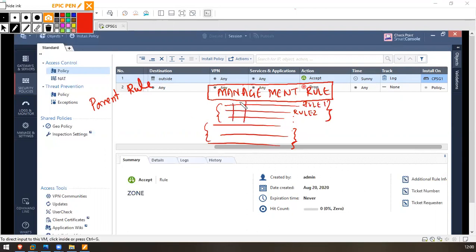Consider if my source here is PC1 and my source here is manager being the dot 110, and PC is dot 120.